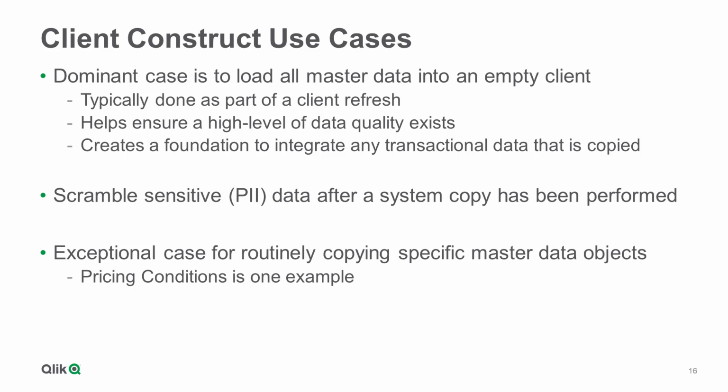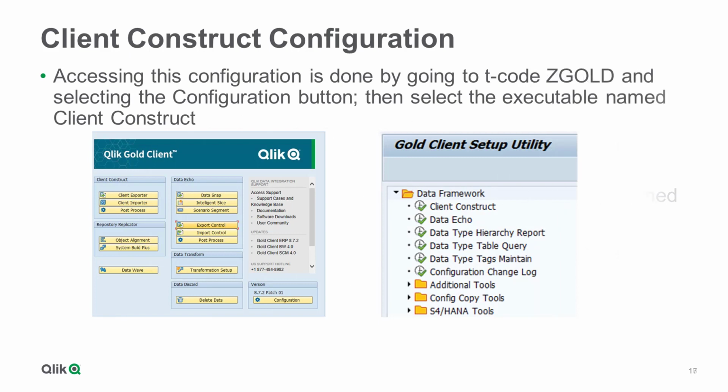Also, there are exceptional use cases where teams may choose to routinely copy just one or a few master data types as a way of refreshing specific data objects that align with their given objective. One example may be the need to copy all pricing conditions on a regular basis, which for some organizations change frequently. With respect to the Client Construct configuration, it can be accessed by going to T-code ZGOLD,